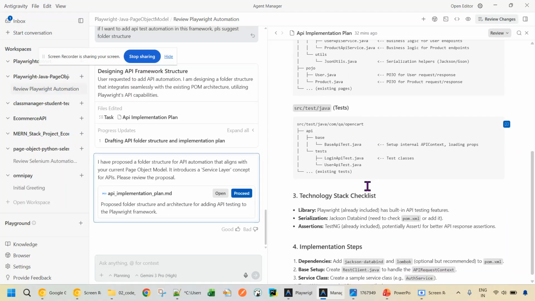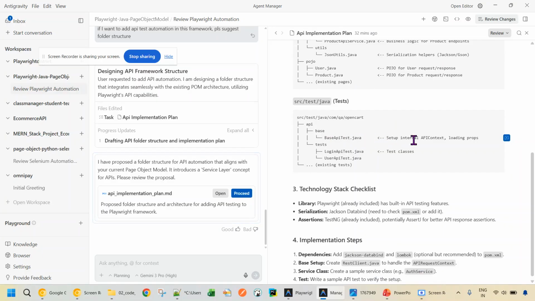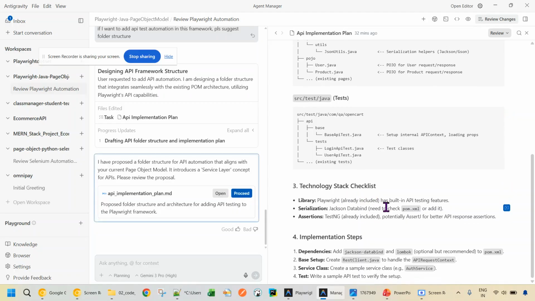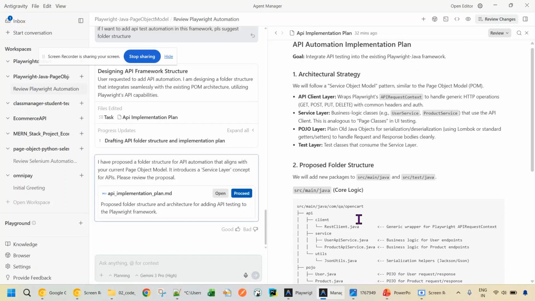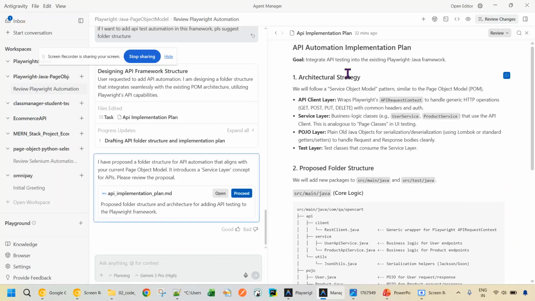Then in test Java, we again have a base test class and test classes and so on. Technology: API, then pom.xml, add something, and then TestNG. Implementation: add the JSON dependencies and Lombok dependency in the pom.xml. Yes, this seems reasonably correct. Of course, as I said, it is a skeleton, but the level of suggestions and analysis it is giving is really impressive,